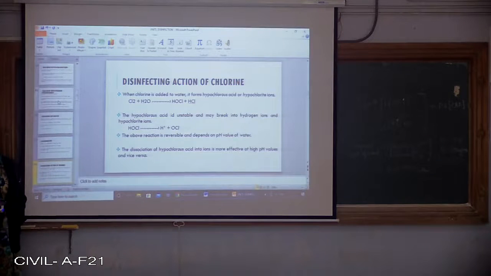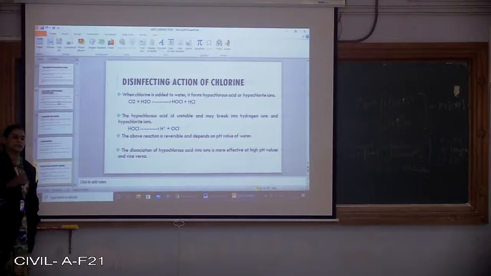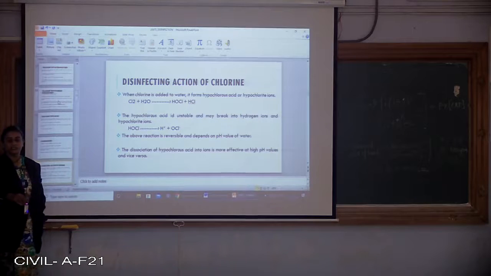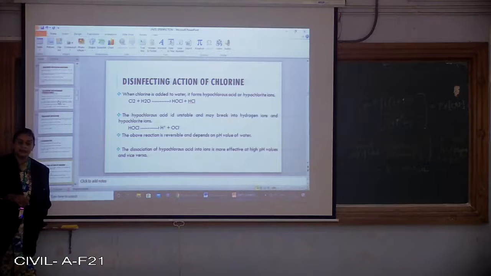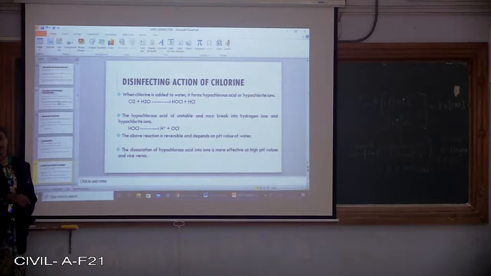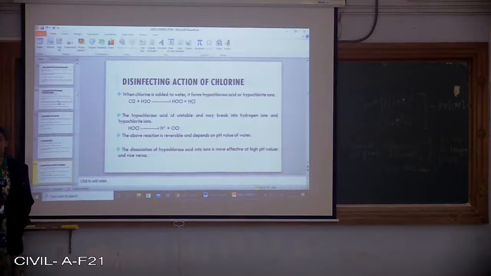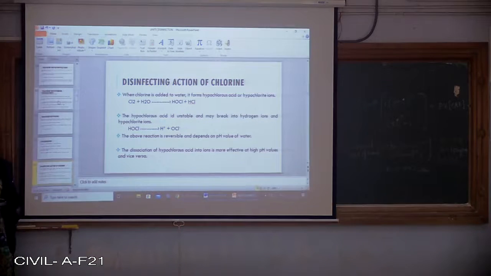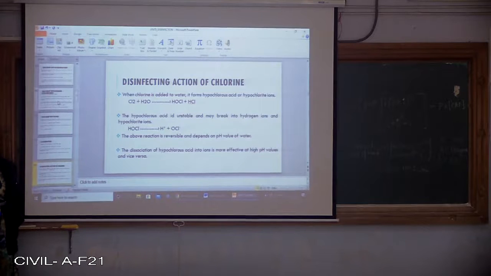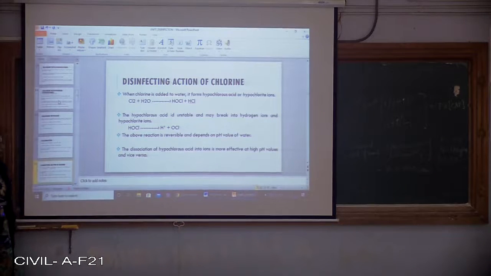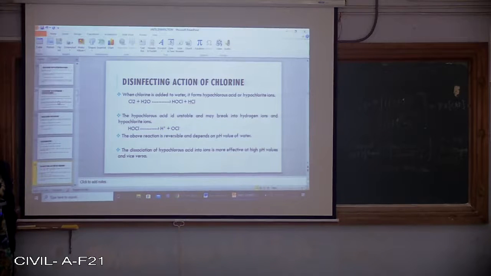Disinfecting action of chlorine. So how actually does chlorine act as a disinfectant whenever it is added to the water? When chlorine is added to water, it forms hypochlorous acid or hypochlorite ions. We can see the reaction: Cl2 plus H2O. Cl2 is nothing but chlorine, H2O is nothing but water. When both come in contact, they form hypochlorous acid, that is HOCl, plus HCl,